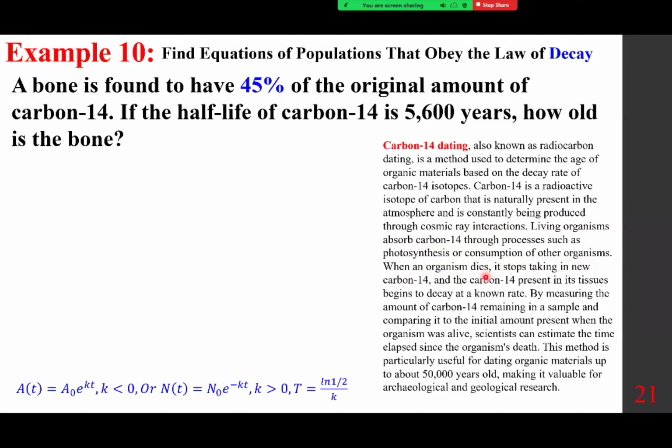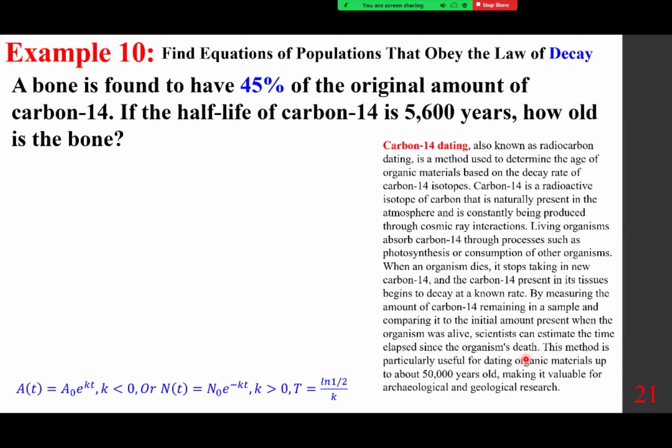When an organism dies, it stops taking in new carbon-14, and the carbon-14 present in its tissues begins to decay at a known rate. By measuring the amount of carbon-14 remaining in a sample and comparing it to the initial amount present when the organism was alive, scientists can estimate the time elapsed since the organism's death. This method is particularly useful for dating organic materials up to about 50,000 years old, making it valuable for archaeological